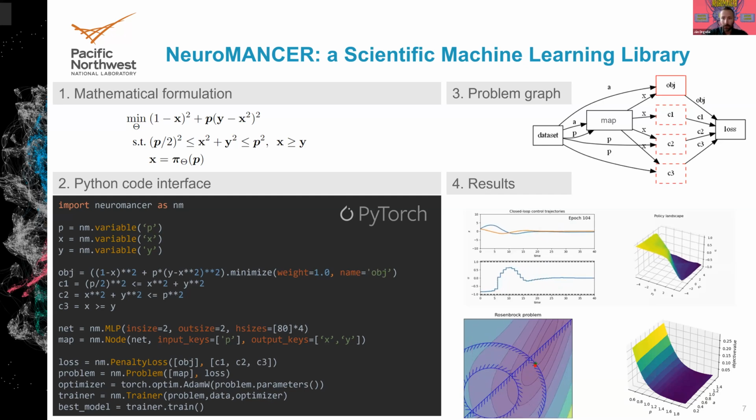It was mostly developed as a proprietary tool at PNNL projects, but we quickly realized that a user-friendly library can not only be a productivity tool internally at PNNL, it can be something useful for the whole community. So we decided to open source this scientific machine learning library that we call Neuromancer, which is essentially a productivity tool for all sorts of scientific machine learning problems,